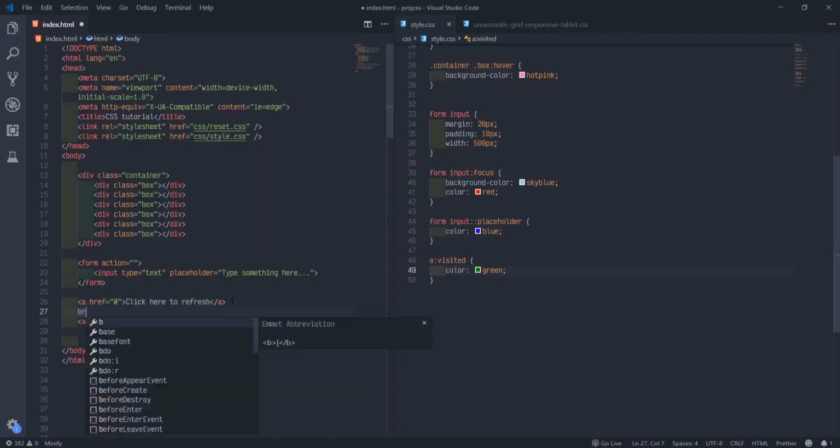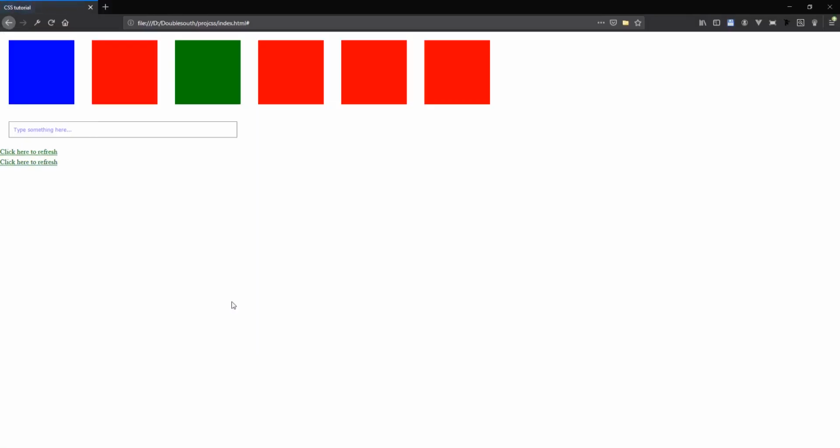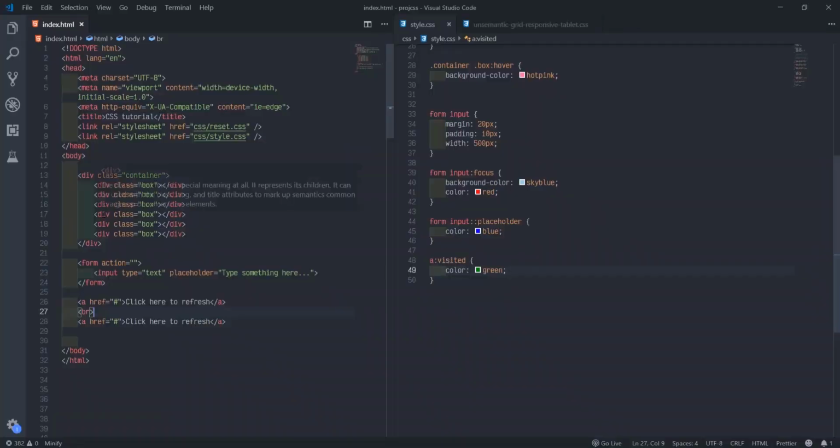I'll duplicate. Okay, so they show the same. You can try something: I'll say div anchor tag with a hash. This hash is just to make sure it doesn't go anywhere. You can just refresh the page inside the same browser. Then we can put that hash there. So I might just type Facebook first.